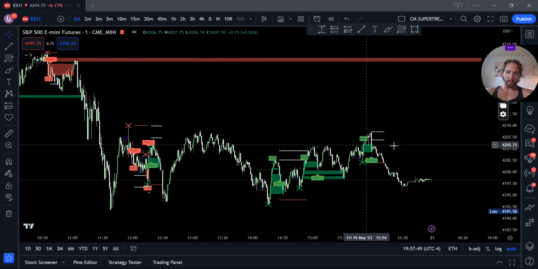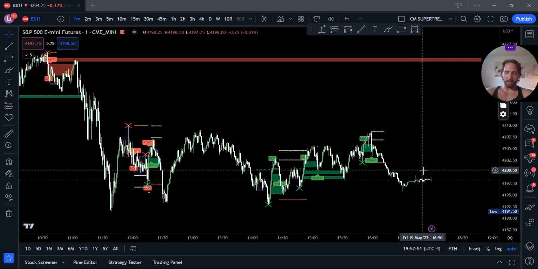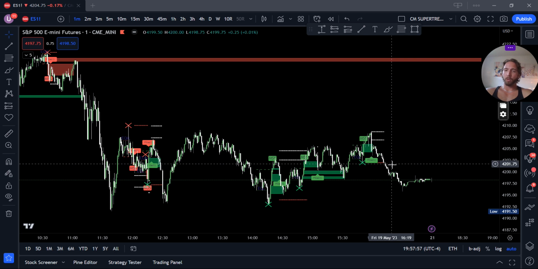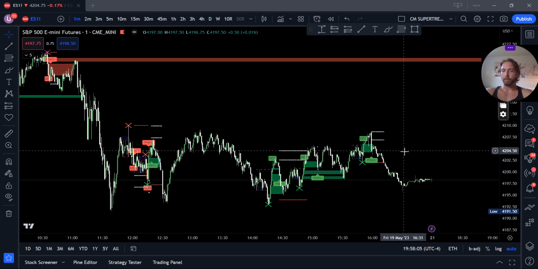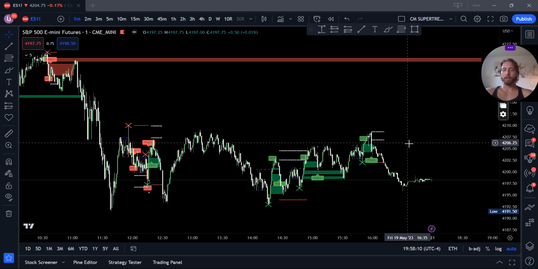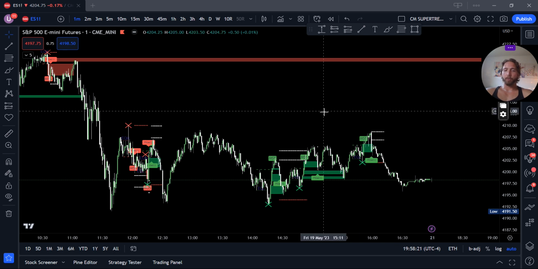So what you're seeing right now is the indicator that I use for ICT. I made this to be able to visualize the liquidity grabs and the turtle soup strategy. As you guys know, if you watch ICT, you know what the turtle soup strategy is. And it works on all time frames, which is cool. No matter what time frame you're looking at, it's just using those bars, those candlesticks, to determine whether or not it meets the criteria. So I think it'd be really important to first go over the criteria